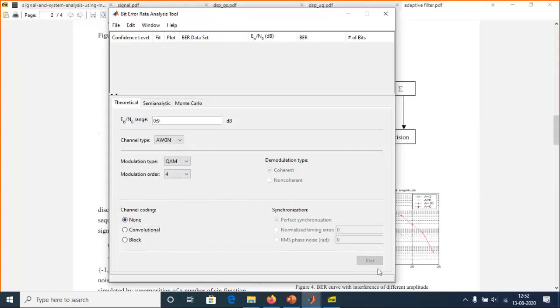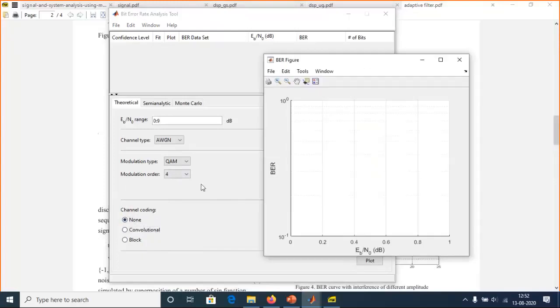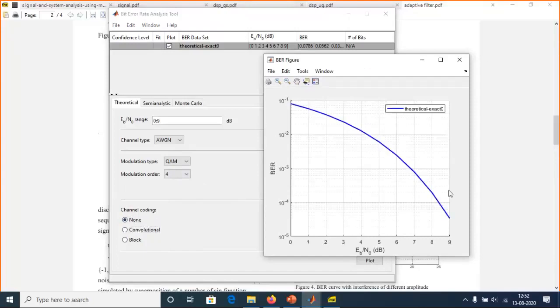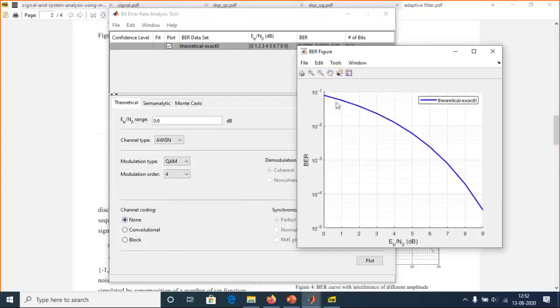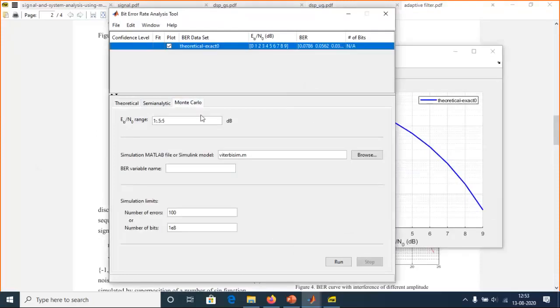What this does is it makes use of a Simulink model, a complete model like the one I had opened, right? I'll also show you what model it is using. So this is a theoretical curve of how the bit error rate is expected to behave as the signal to noise ratio increases. Similarly, I'll do the same for Monte Carlo here. So I have 0 to 9,